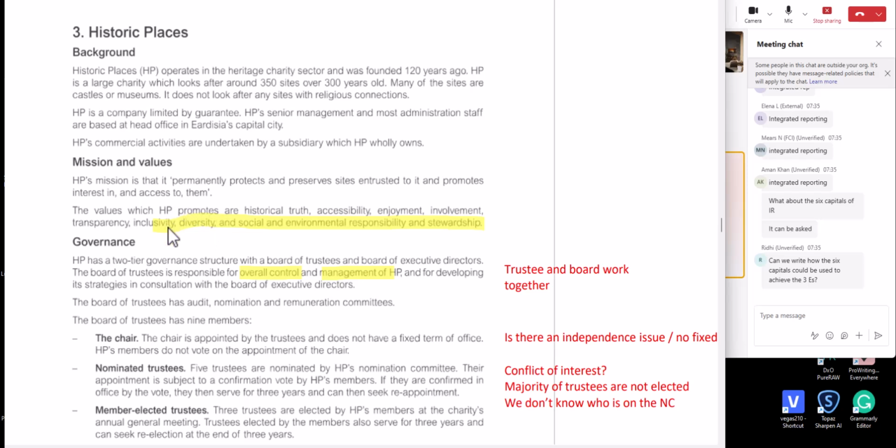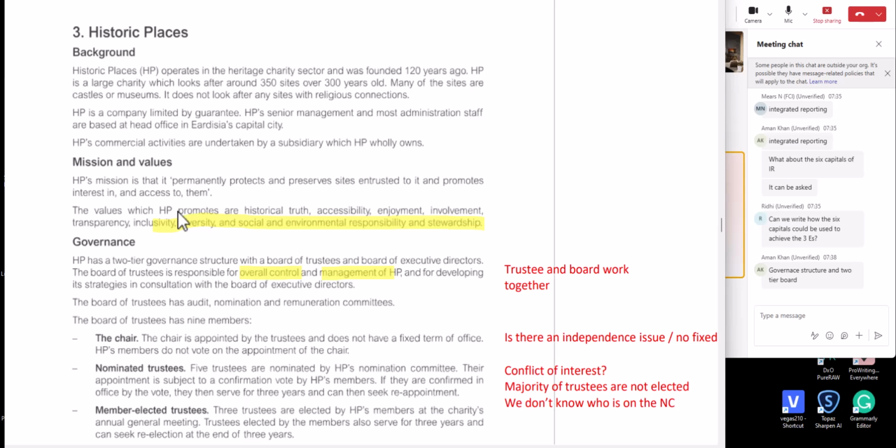So I'm just thinking about this word here, diversity. There's a part of your syllabus which is about board diversity. So could that be a little hint? We don't know who the board is, right? When you're looking at the pre-seen, one important factor is not just what they tell you, but you should also be looking at what they don't tell you. What important information is missing? We don't really know who those trustees are, right?